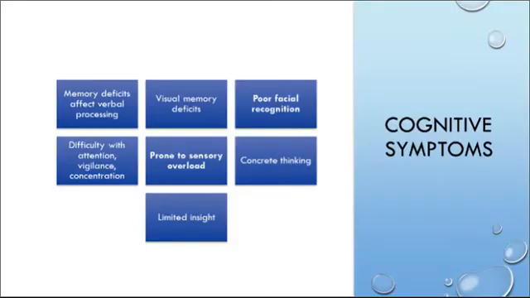So your cognitive symptoms. I have some highlighted here. Prone to sensory overload, poor facial recognition. That's called facial agnosia. I've got to find it. Agnosia, page 1749, under your cognitive symptoms. So they don't recognize faces, even of people they would know. So name tags come in handy there. Prone to sensory overload, so you want to decrease stimulation, pull them away from overstimulation, or lower the lighting.